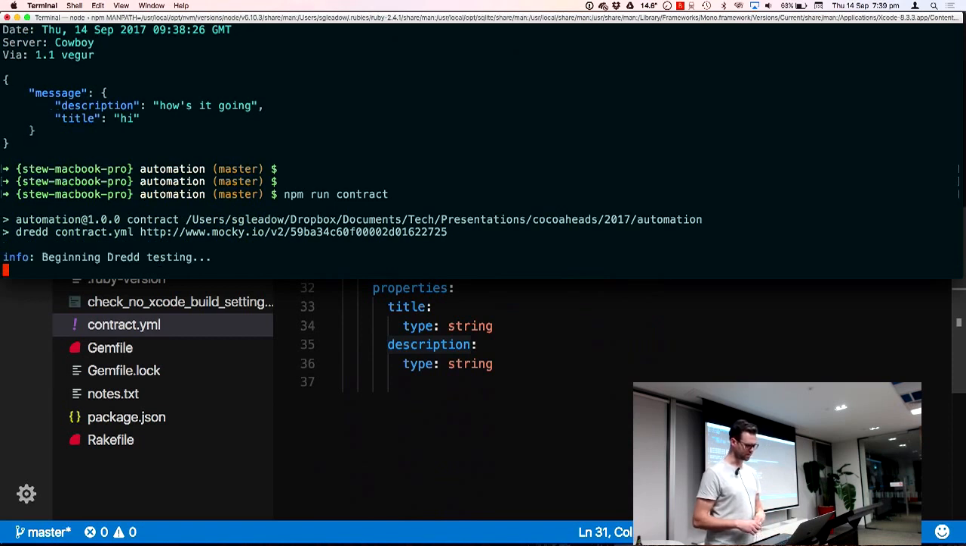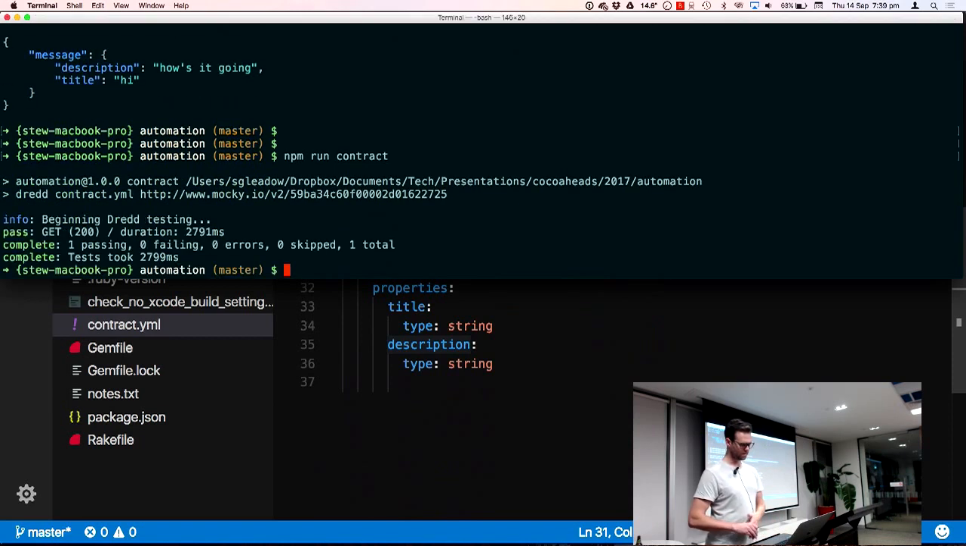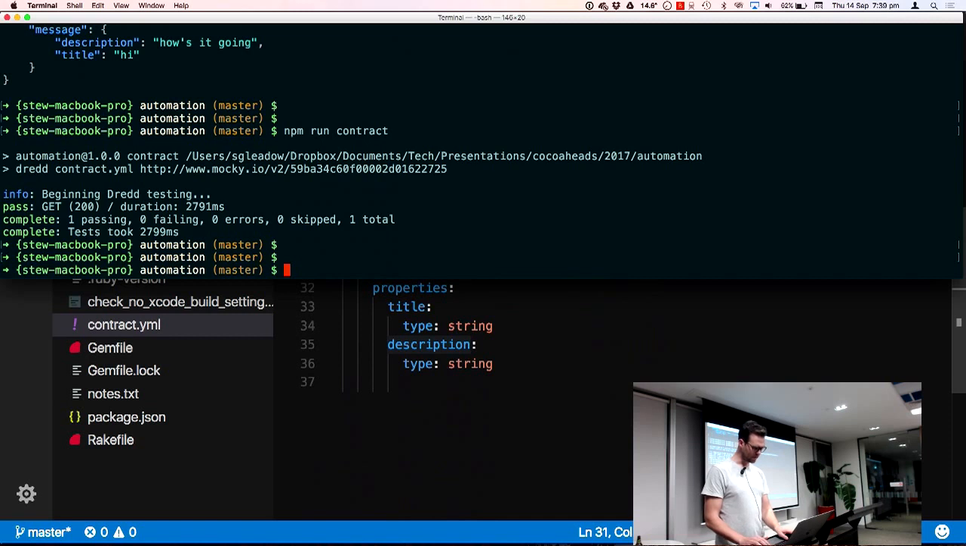npm run contract. It's like Ruby gems, but it changes even more often. Sometimes people remove stuff and the whole world breaks. So it's using a tool called Dredd. I think it's available in other languages, but I've only used it in JavaScript. It basically just grabs your Swagger contract, you can run it against an API, and it validates the contract against it. So it's not nearly as powerful as something like Pact if you're doing proper contract testing,